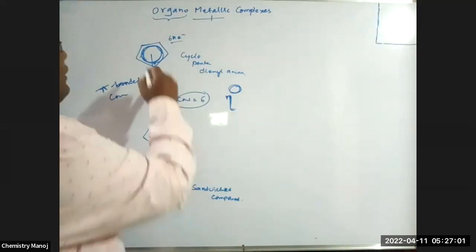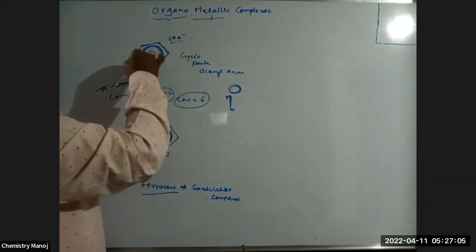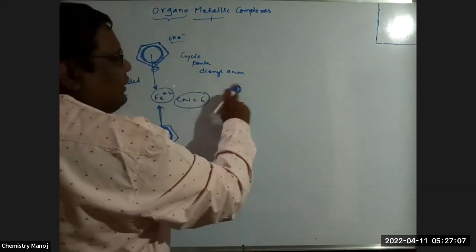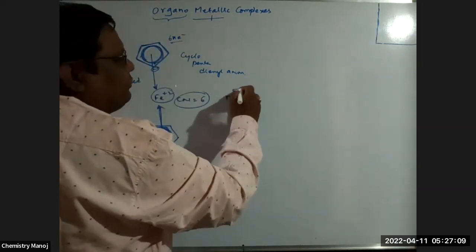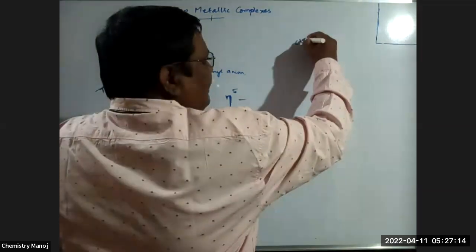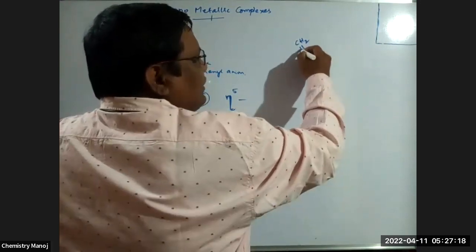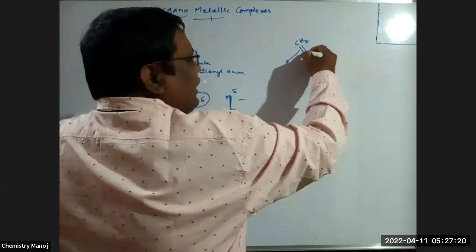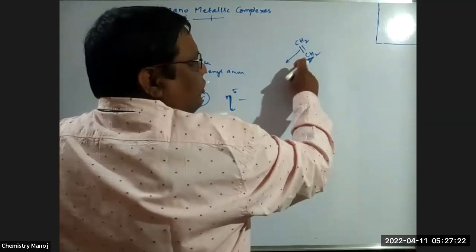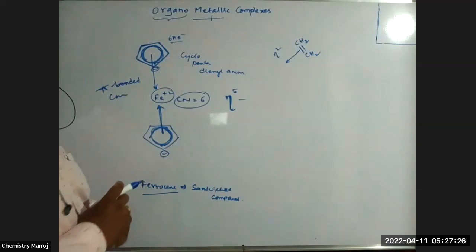For example, here these 3 pi bonds are surrounded by 5 carbon atoms. That is 5 carbons, so that is eta power 5. I am writing it, eta power 5. For example, previously in CH2 double bond CH2, that is cisplatin, this electron pair is donated. That means how many electrons are there here? 1 and 2. In this case, eta power 2 is used while writing the name.